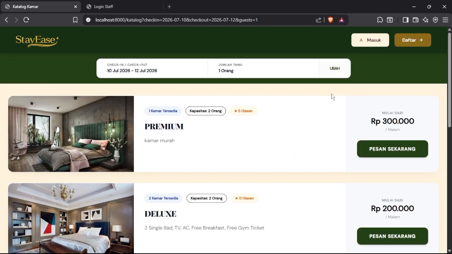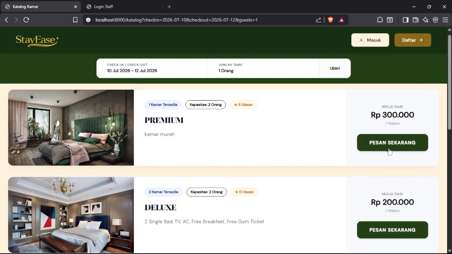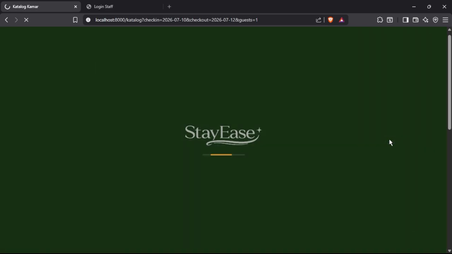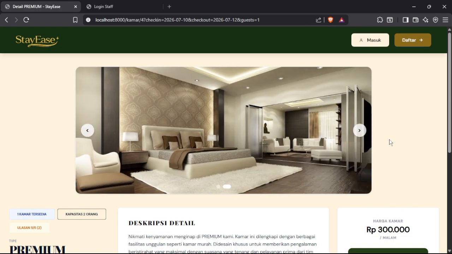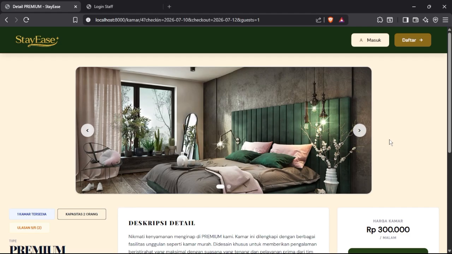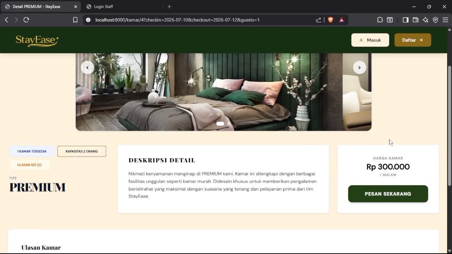The guest can also change the check-in and check-out information if they made a wrong input. And then to reserve a room, the guest can click the button and move to the next page, which is the detail page that explains about the room type.